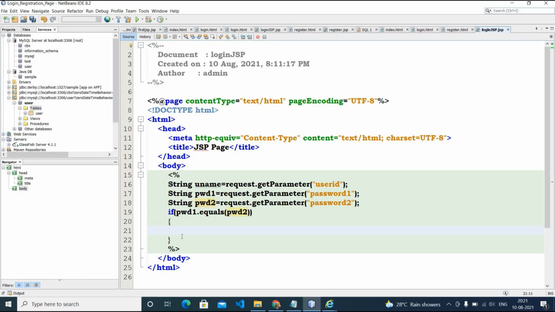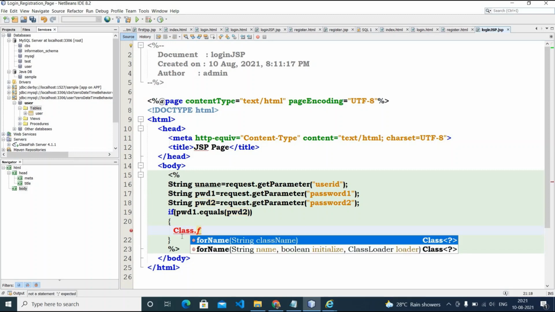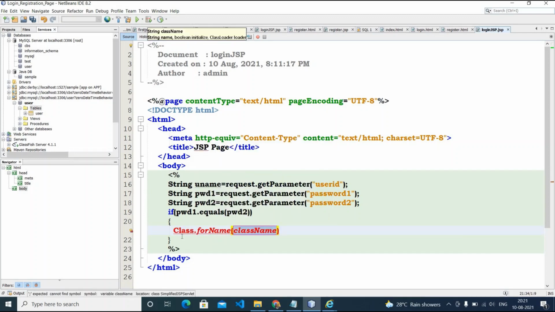Since we are making the database connection using MySQL. Okay, so for the MySQL, first of all, the step number 1 is the driver registration. So this is Class.forName, control space bar, right? And for the MySQL database connection, if you don't remember, listen here, what you do, go to this driver